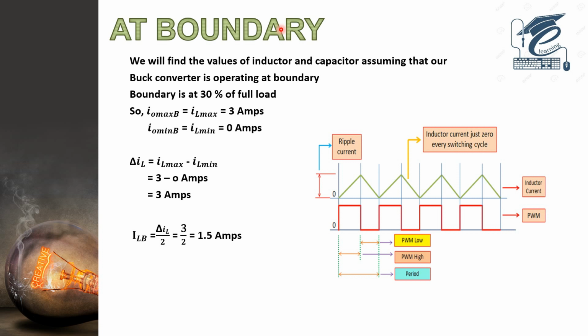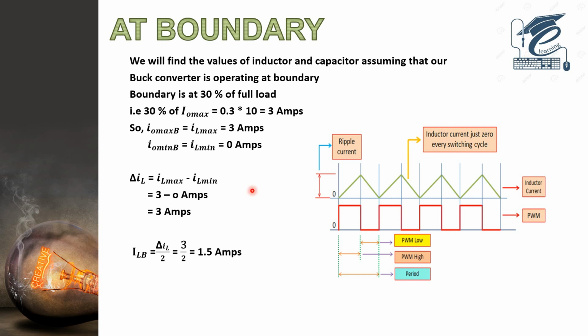And if we consider DCM mode to find the values of L and C, then in this case the RMS value of current is very high, so it will lead to high power loss and we will need a more rugged and expensive device for our construction. DCM mode is not used because in normal conditions we need not operate our converter in DCM mode. As a designer, you just need to know at what value of load current the converter will go into DCM. So that is why we design L and C values considering the boundary condition.